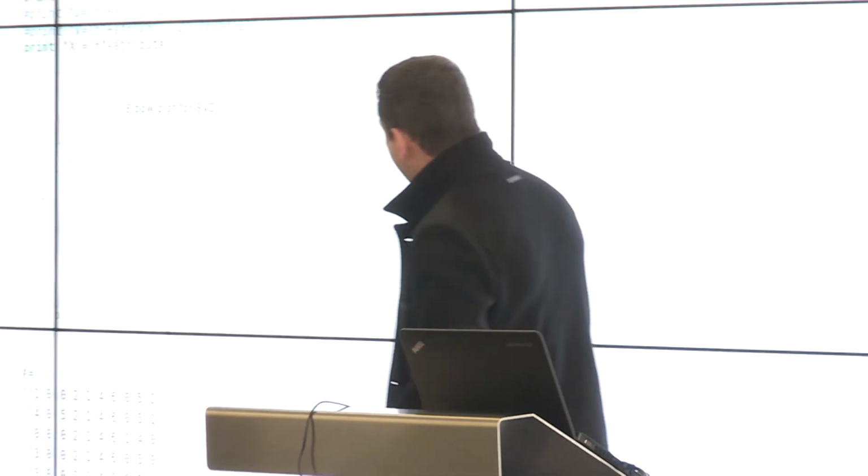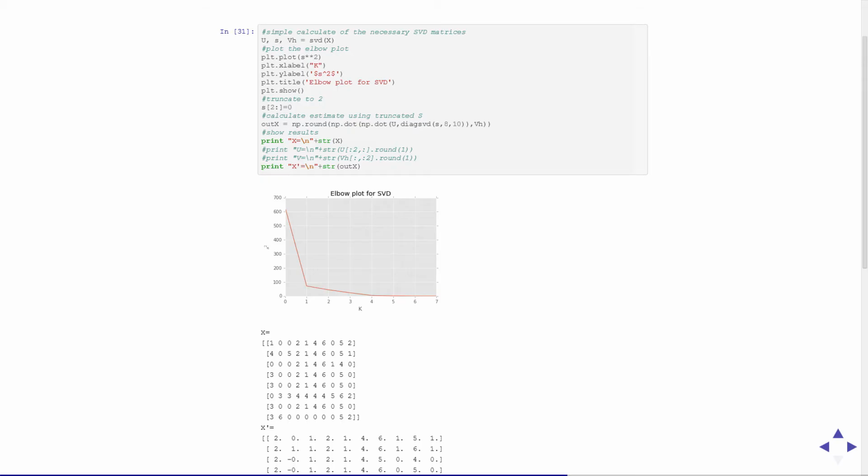An elbow plot is like the power at different Ks. It gives you how much power you've got to represent your matrix at a different level. So you can always plot this. In this case, everything can be represented quite easily around the 2 to 3 mark. It's called the elbow plot because, if anybody's done PCA, it's a similar sort of thing.